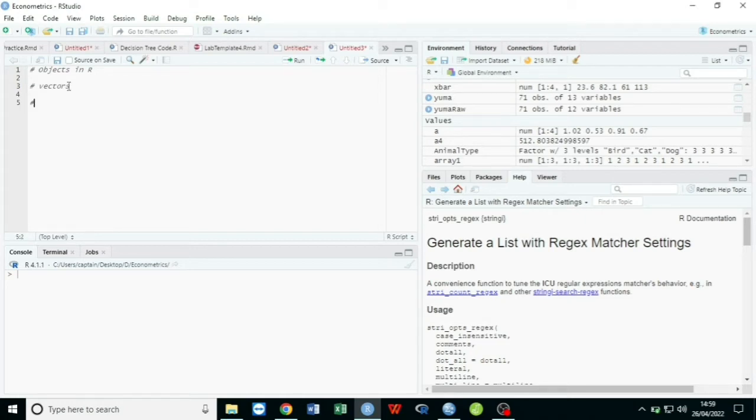The second one is lists. The third one is matrix. The fourth one is arrays. The fifth one is data frames. Right? So without wasting much of your time, let us head on straight to the first one, which is,